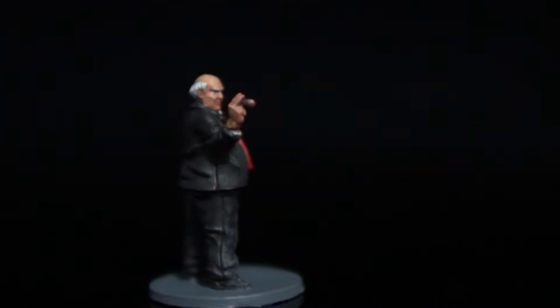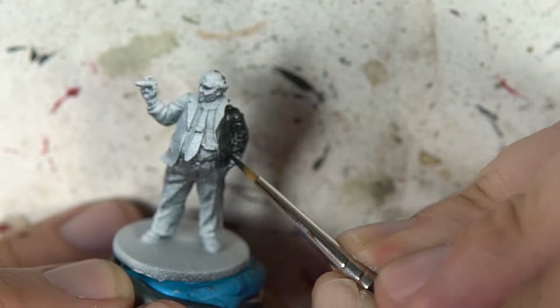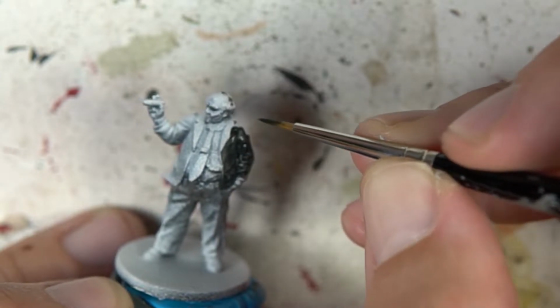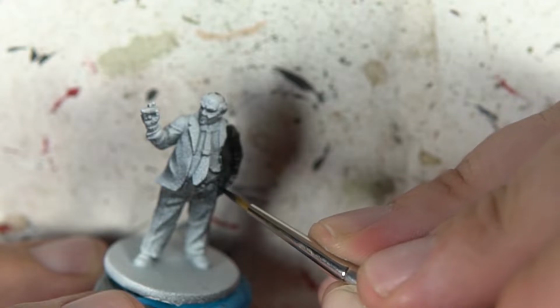I also decided to go with zenithal highlighting, and for once we're going to take really big advantage of it. So I'm not really doing this in any particular order. In fact, I would actually recommend starting with the skin rather than what I did, but nonetheless, I started with